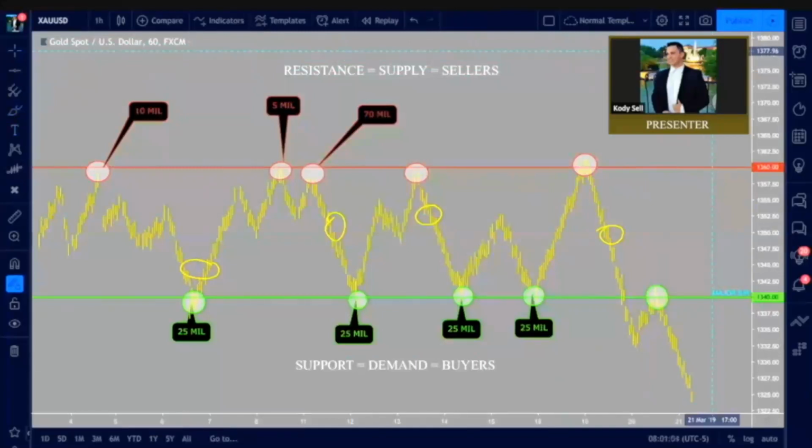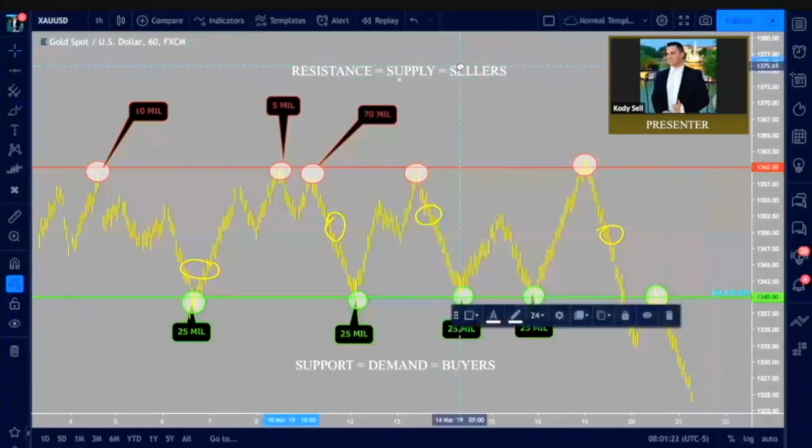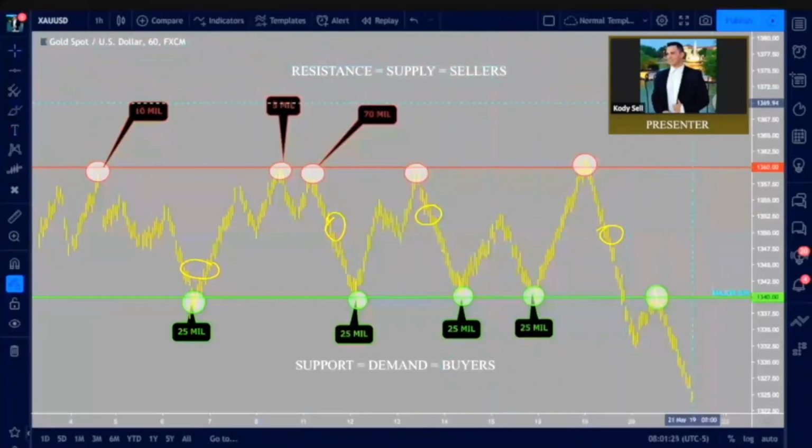One more time. Supply, that's your sellers. That's the sell off. Those are your peaks. That's your resistance. Demand, those are your buyers. That's your support. Together, supply and demand move the market. Together, supply and demand create support and resistance. Now that you understand why horizontal support and resistance exists, because that's ultimately what we're talking about in this case,